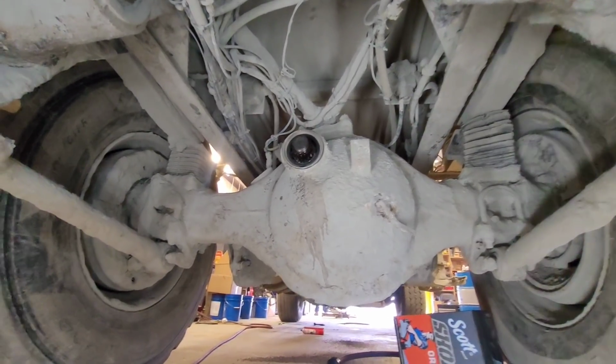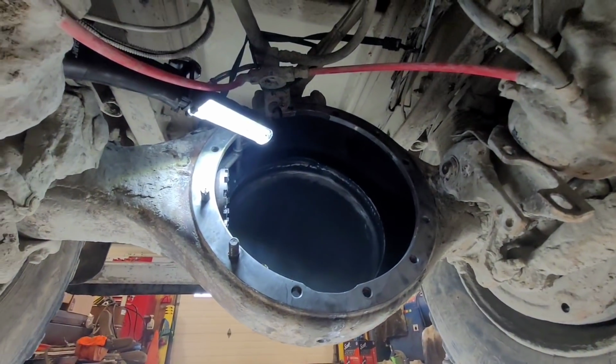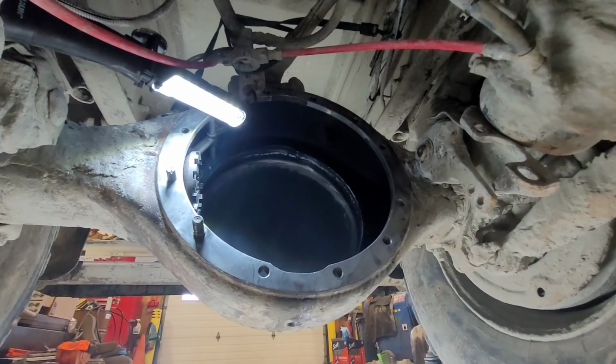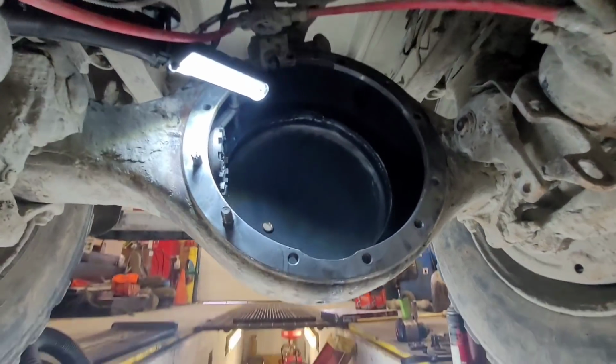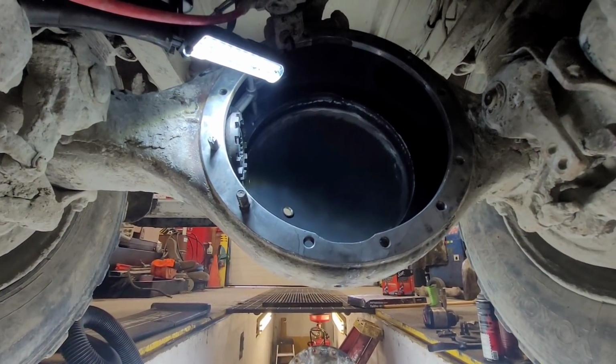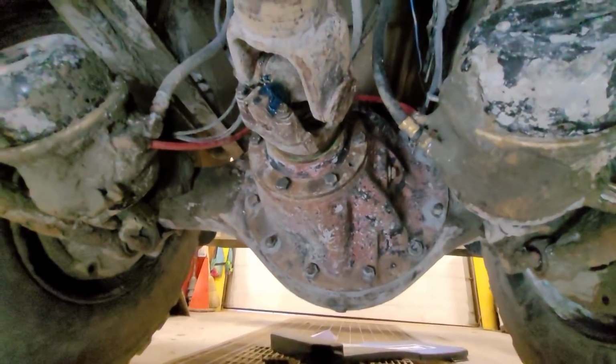But anyway, I would have maybe cleaned a little bit more cement out from underneath here before I did this, but anyway, it is what it is. So I'm getting ready to get this thing slid back up in there. I'm gonna finish one up. All right, so